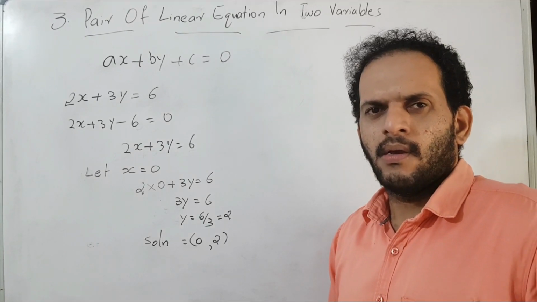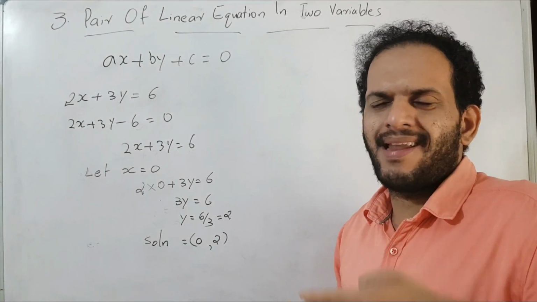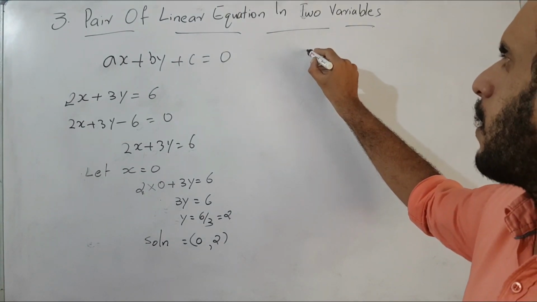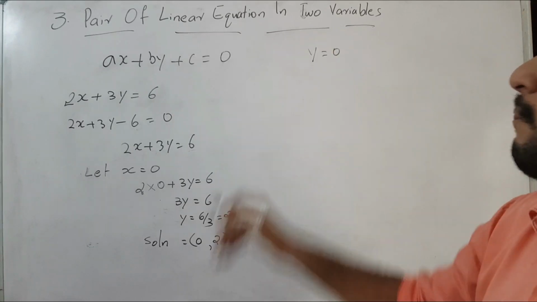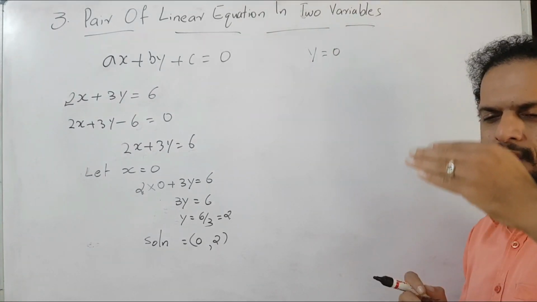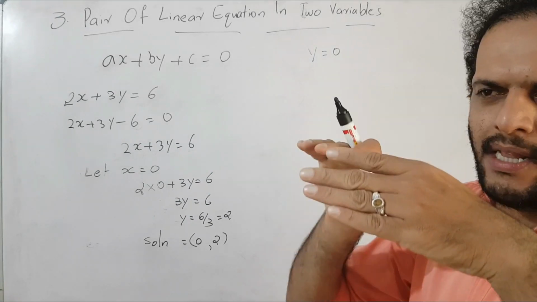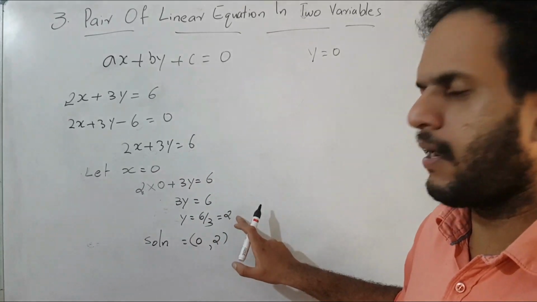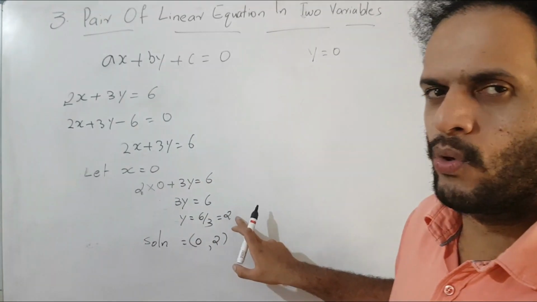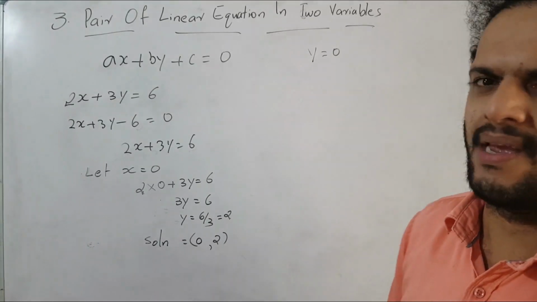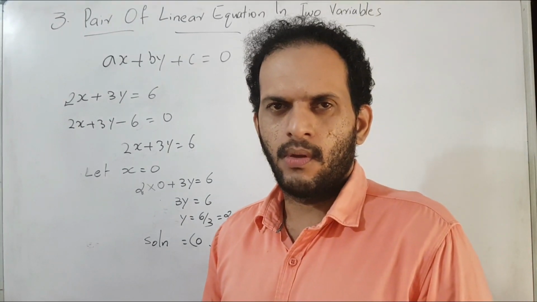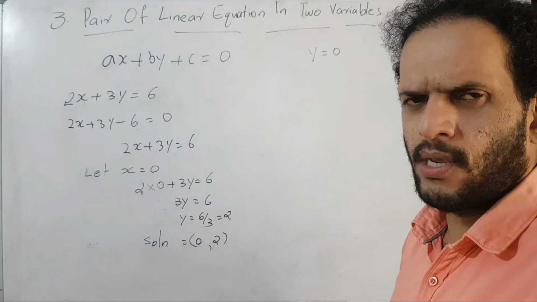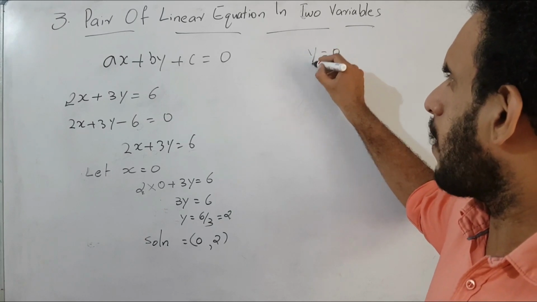If we need to find one more, what is next? We substitute any other value for x or y. Here I am choosing the value of y is equal to 0. It is better to choose x equal to 0, and if you do not get the y value as 0, then it is better to give 0 to y. Then it is very easy to calculate. Or choose any value for x or y. x is equal to 0, 1, 2, 3, any value, it's not a problem. Now here I am choosing the value of y is equal to 0.